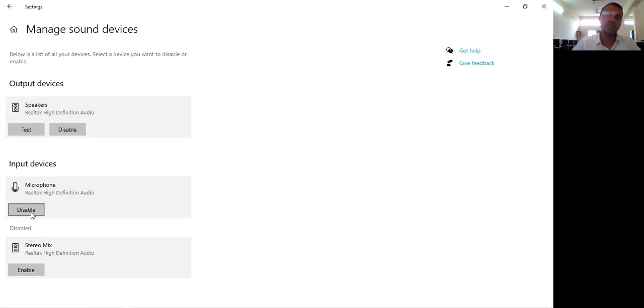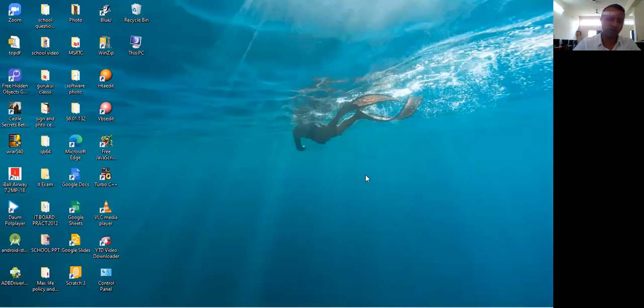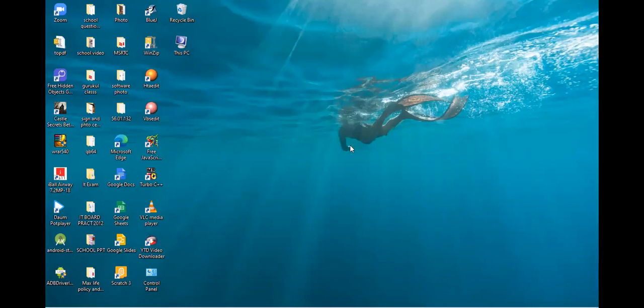If I want to disable it, deactivate this service, then I have to click on disable. So always test and always click on enable and test. Don't click on the disable option. So this is one of the best services which is provided by Windows. The next service they have given is the shortcut menu service.